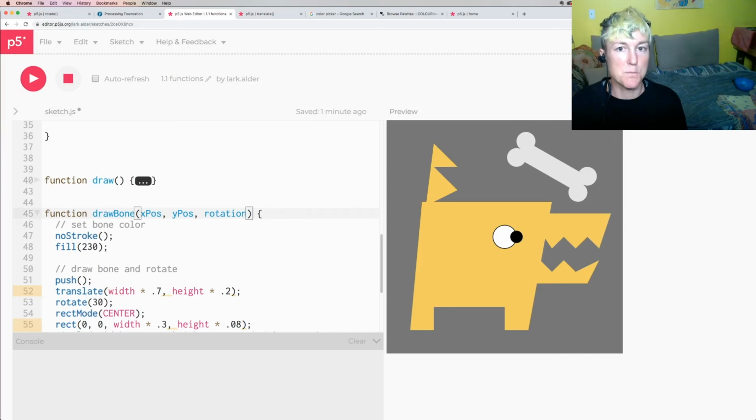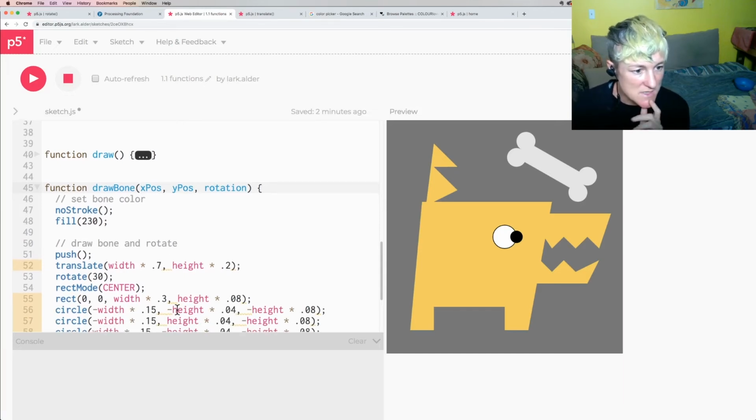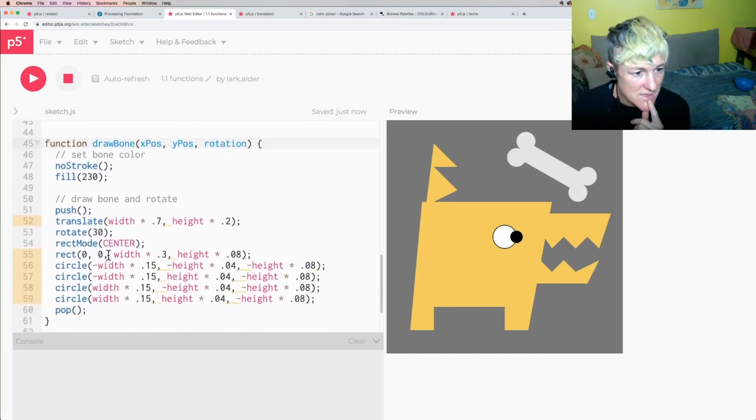And these are just words that I am making up. These are just something that makes sense as a descriptive term for what we're looking at here. So X position, Y position, rotation. So where do we see the X position and the Y position come into play? Well, let's just do it with the rectangle. We have this X and this Y, so like it's a 0, 0. So maybe instead of that 0, we'll go X pos, short for position, and this is Y pos. Cool. And then the rotation right here,